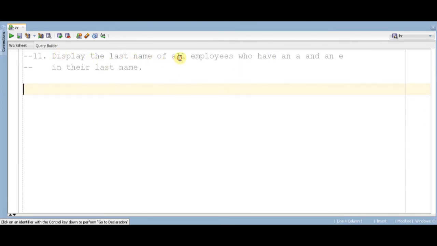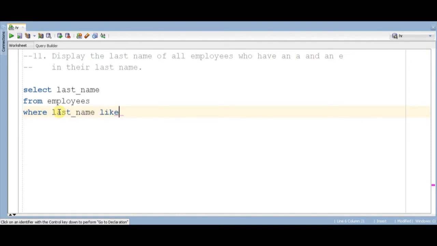Display the last name of all employees who have an A and an E in their last name. Select last name from employees where the last name should have an A and an E. Both should be there. So we need to write two conditions where last name like '%A%' and last name like